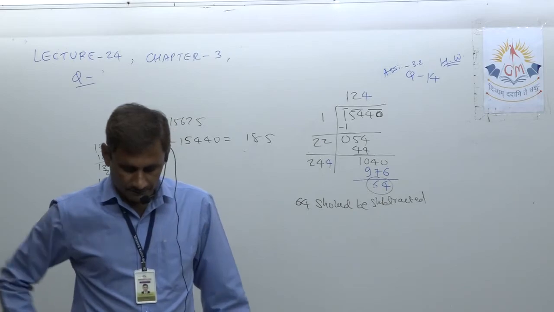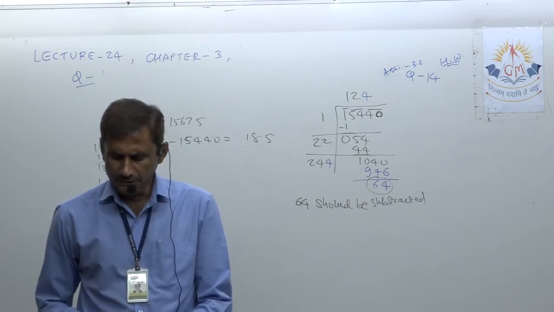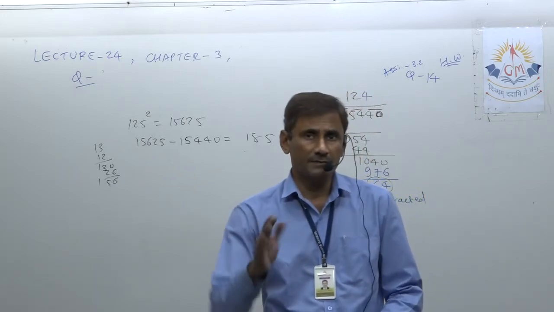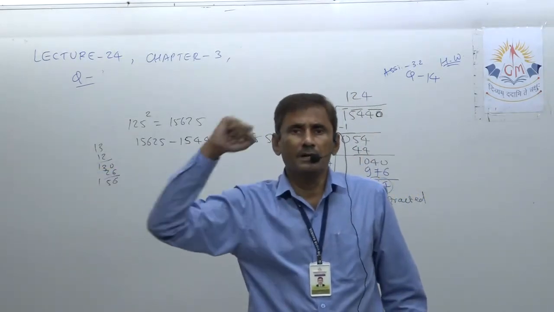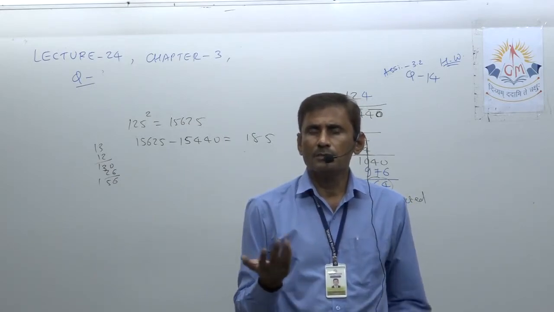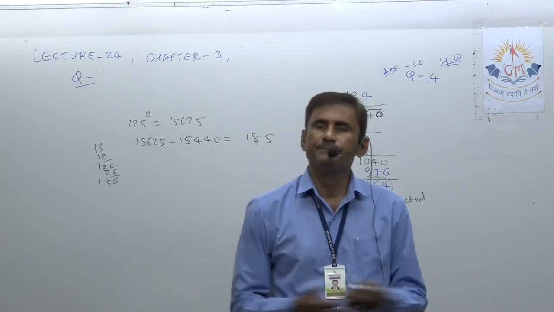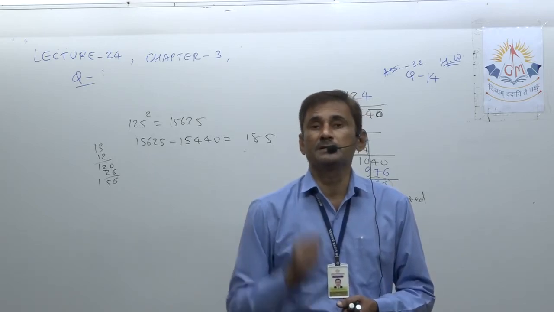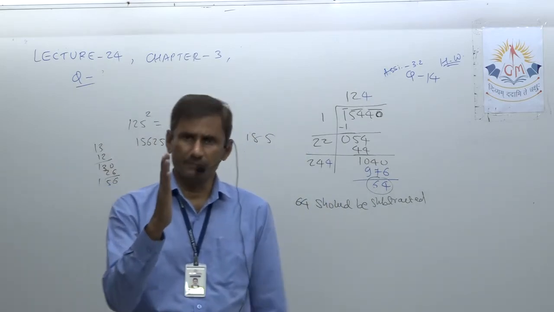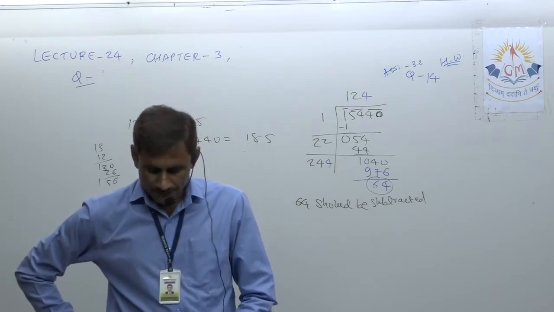Now the next topic is estimating square roots. Estimate means, you understand, actually you cannot get the exact square root. So we have to estimate, meaning you will go ahead and ahead. It will never end. So up to what place do you have to go, because it never ends? You never get remainder 0. So at that time we have to stop somewhere. Mostly 2 decimal places are enough. 2 decimal means after the point, 2 digits are enough.